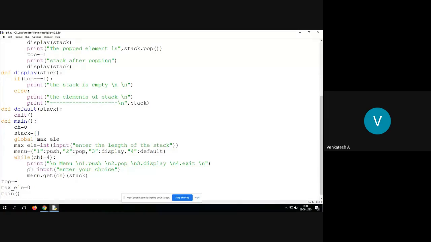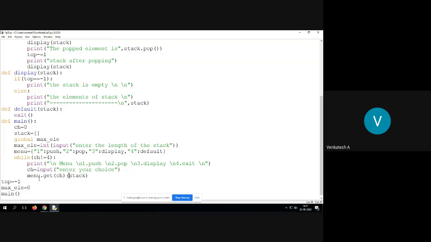Then to deal with the dictionary, to accept one character, how to read one character? Okay, we have a get function to read it. So what to read? get of ch. Say for example, get of 2, in stack. After that, so we have stack. What is stack? Stack is a list, that is an array that we have already created, and we have, sorry, it is a dictionary. It is not a list, it is a dictionary.